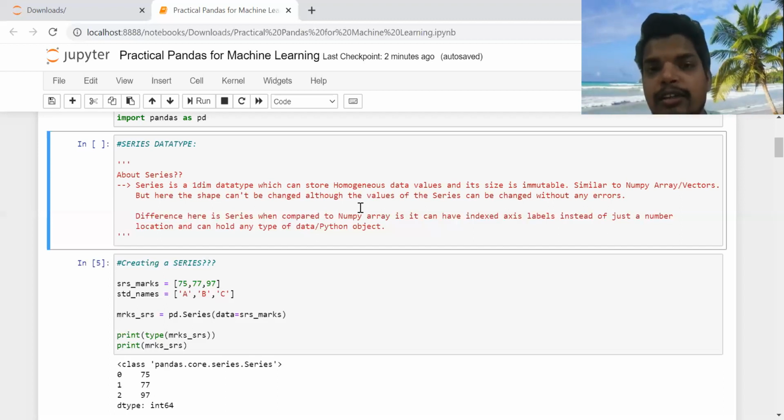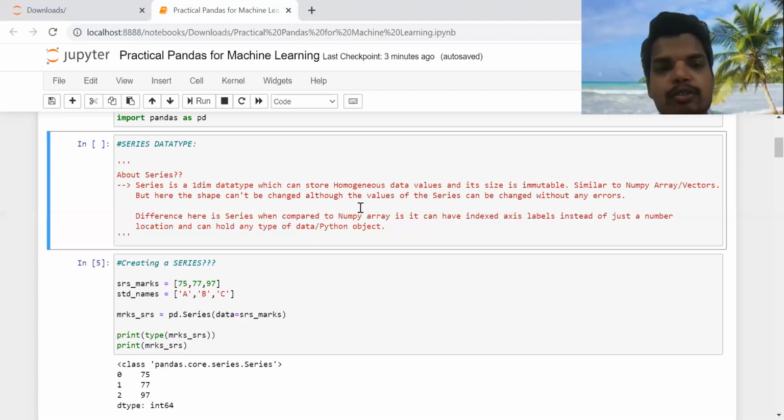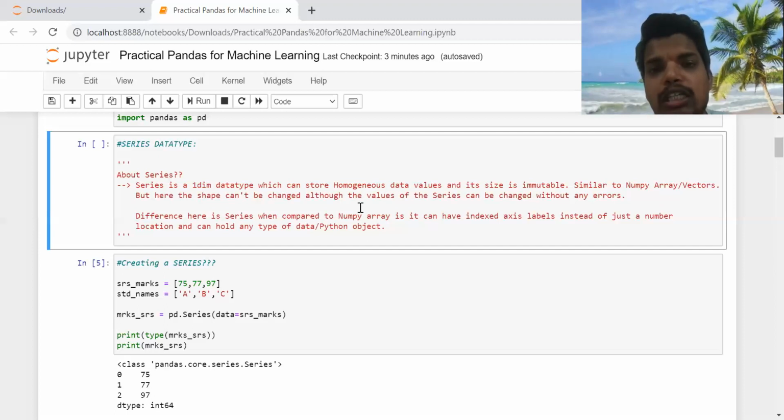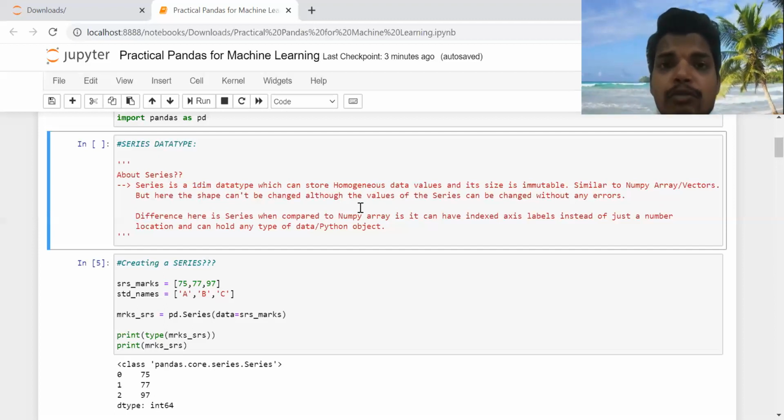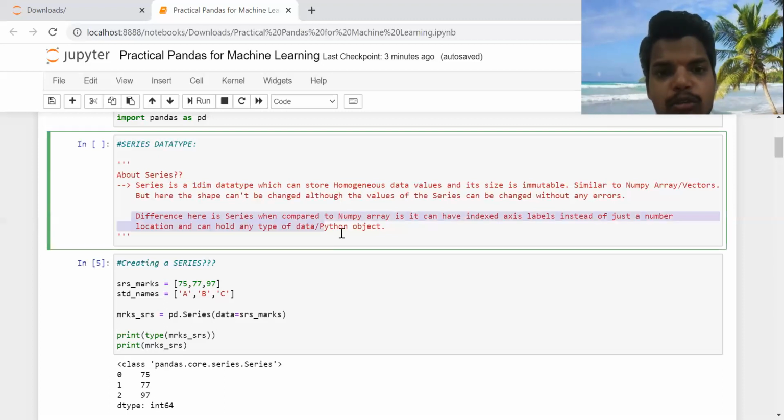Generally when we are dealing with NumPy arrays, the indexes are mostly in numeral form, that is 0, 1, 2, 3, starting from 0. But in the case of a Series, we can also assign indexes like A, B, C, D, or even city names. That is the difference between a Series and a NumPy array. So this was the explanation of this line.